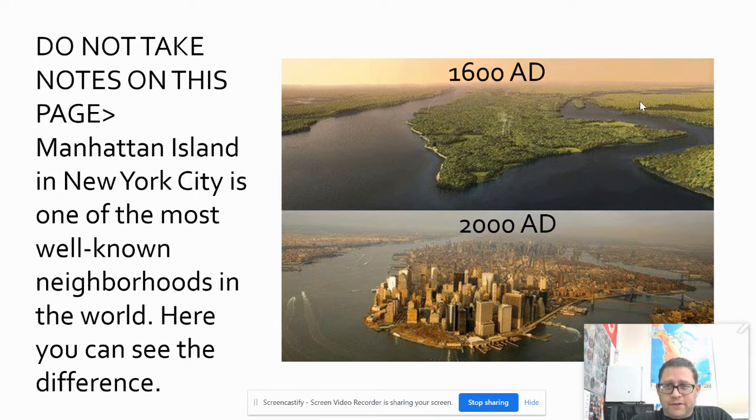And you can see from the 1600s, there's just like a couple of places. This is back before there were Europeans here, but you can see just a couple places where some smoke is coming up. There are a few little native villages on the island there, and look how green it is. Look at how it's green, and everything around it is green. There are just trees everywhere. And then 2000 AD, the only place you're going to really see any trees is in Central Park, because that whole area is city.